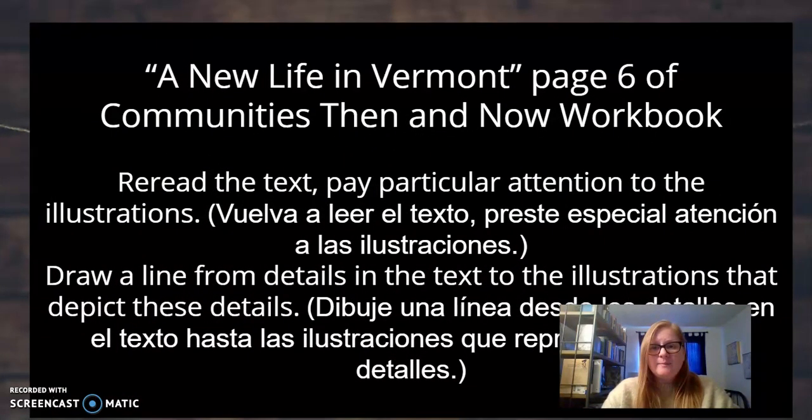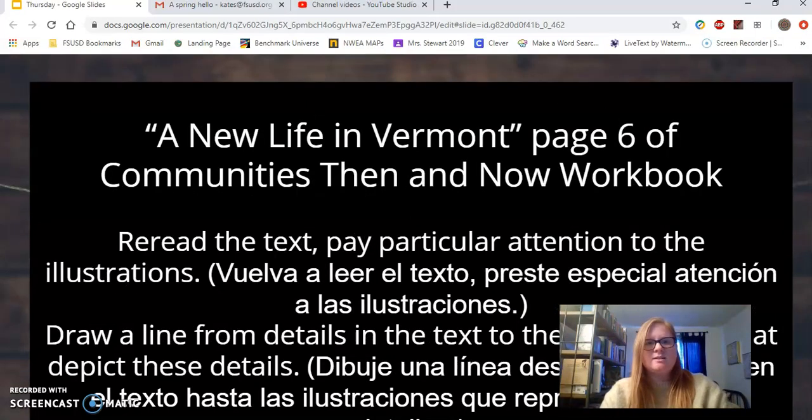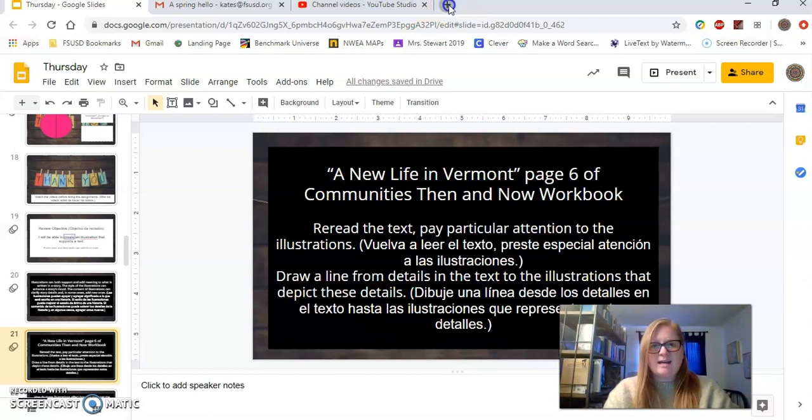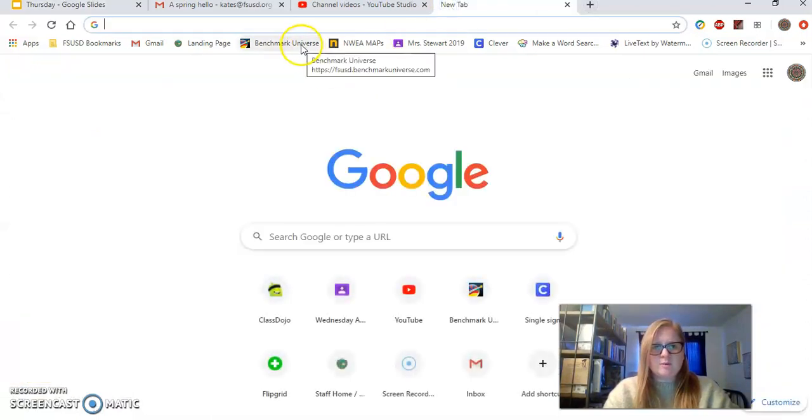A New Life in Vermont on page 6, Communities Then and Now workbook. I want you to reread the text, pay particular attention to the illustrations. I want you to draw a line from the details in the text to the illustrations that depict these details. And so the way that you're going to do that is by going to Benchmark,